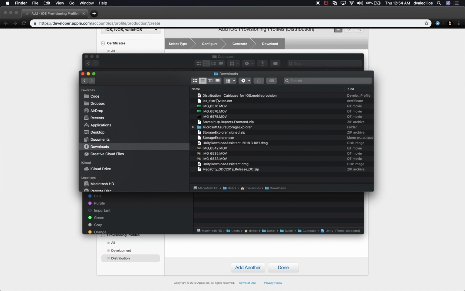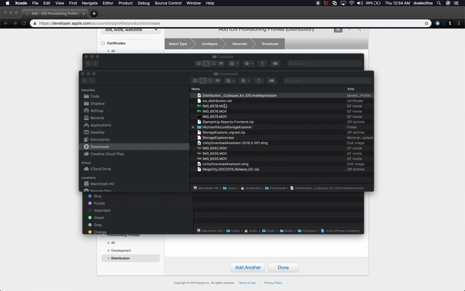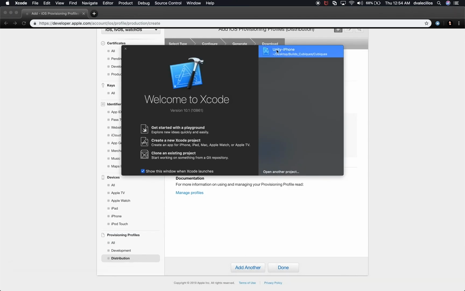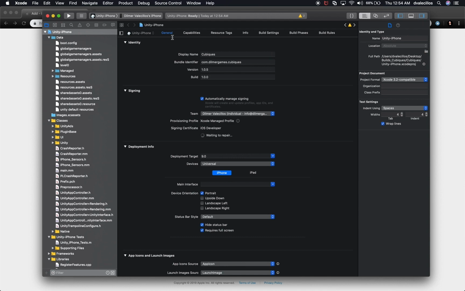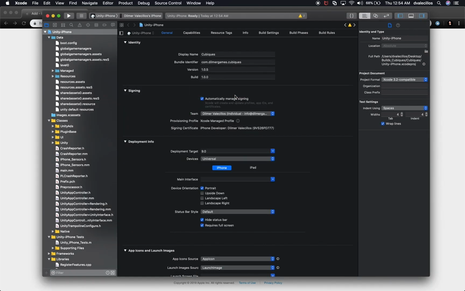And go into downloads, and I should see the, oh, okay, I see. So this is a little bit different now, because it actually has mobile provision. And if I go into Xcode, what I'm gonna do is double click on the app that we already built, and I'm going to also double click this one, and that's actually gonna get added to Xcode for you. It used to get added to the keychain,